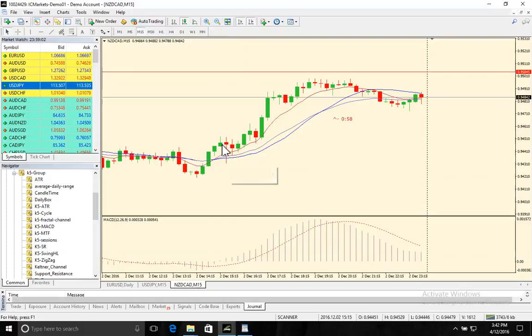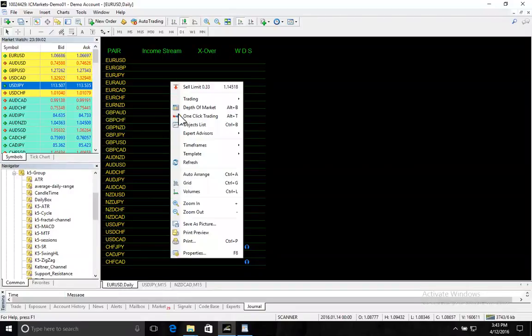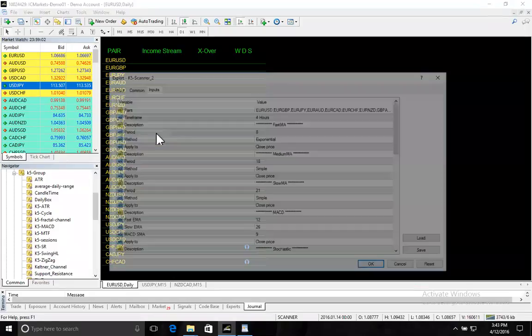If I can see that the distance between the price and the moving average is not helping me to get a good entry, I can always modify those parameters in the scanner. So now you understand this concept of the income generator, income stream. So let's go here and define those parameters. Expert advice, properties,